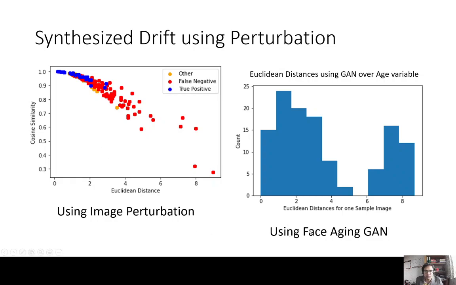And using face aging GAN, I calculated a heat map, and the distribution is shown. The distribution is concentrated on the right-hand side and left-hand side for a single sample image. If you increase to multiple samples, obviously there will be a bigger distribution and the spaces will be filled. But this is a GAN example. This is a lot of samples actually. If this is a lot of samples, this will be more populated, and